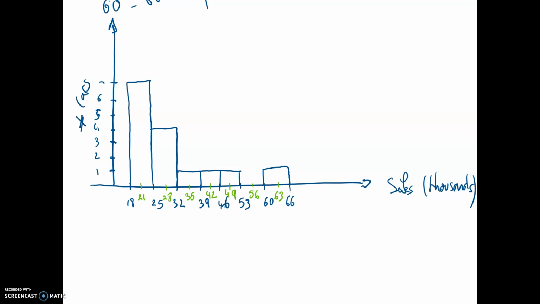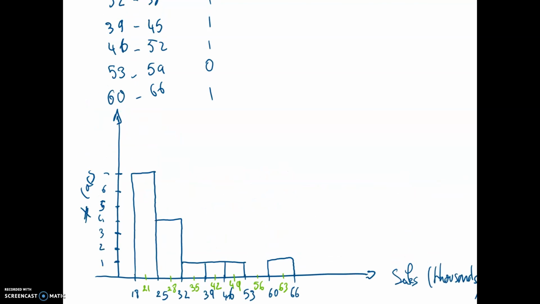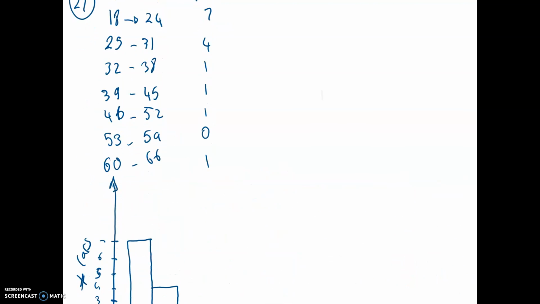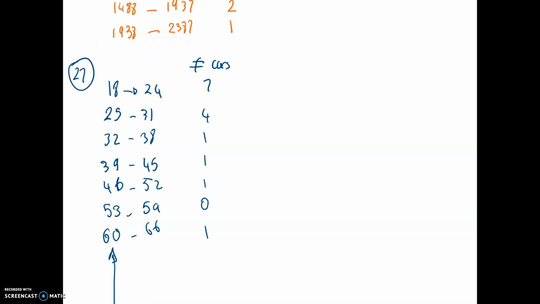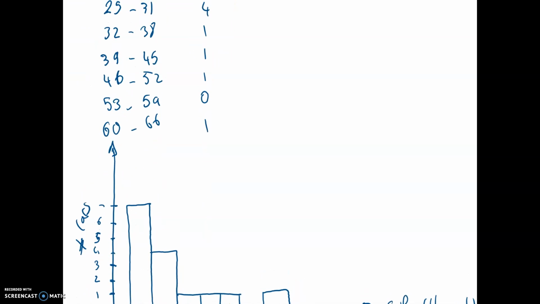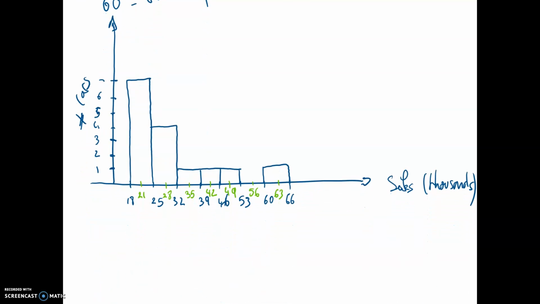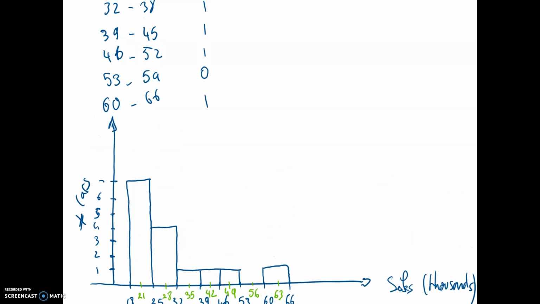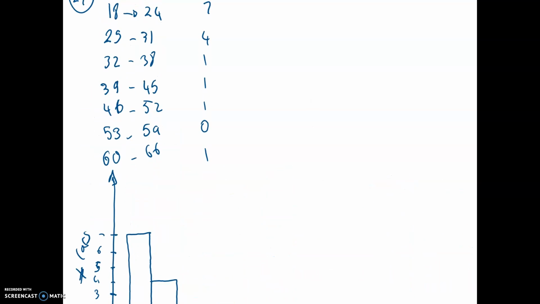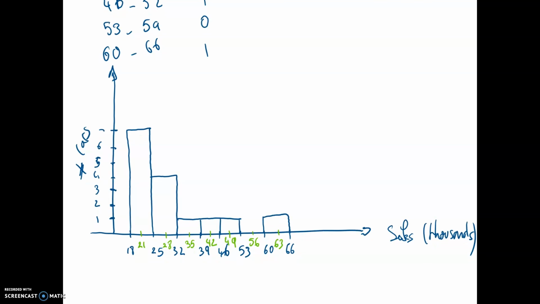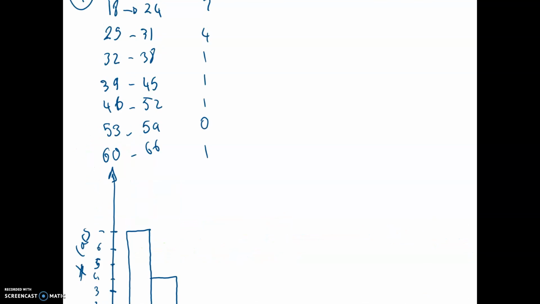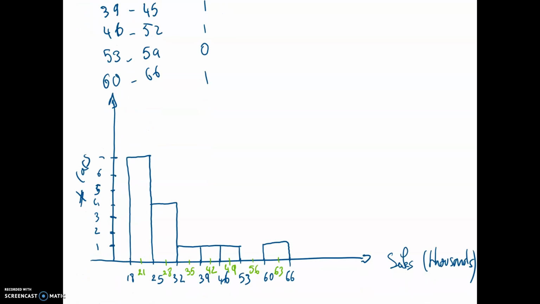All right, so in this problem number 27, we need to construct a histogram. For that, I'm going to represent the different classes, and I know that there is a different number of cars. So vertically, I will have the number of cars, and on the horizontal axis, I will have the sales in thousands. And then I can see that between 18 and 25, basically, because we're starting after 25, which is 27, I got 7. And so I'm going to have right here